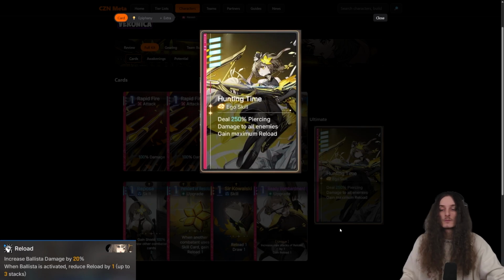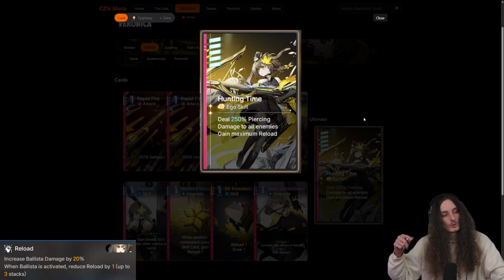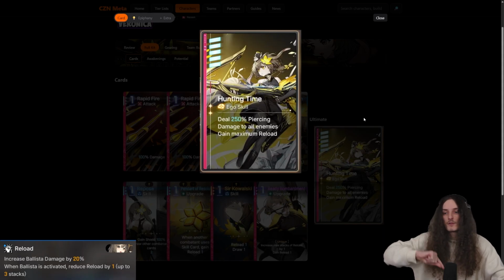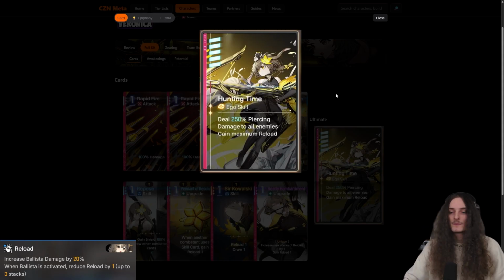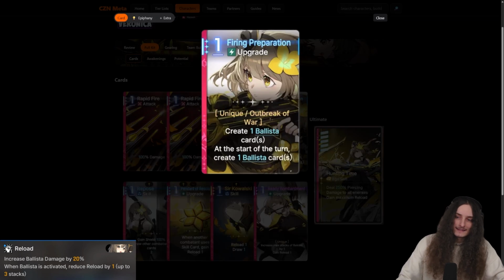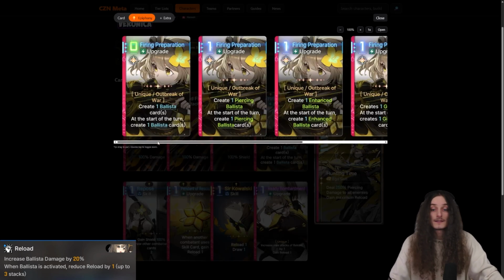Now with the ultimate you deal 250% piercing damage to all enemies, and you gain maximum reload, which means however many stacks of reload you have, you always go to the maximum number. So should you play a Ready Bombardment, you go up to 4, should you not, you go up to 3 with Hunting Time. And that isn't yet even all, and that is because every single one of these cards obviously